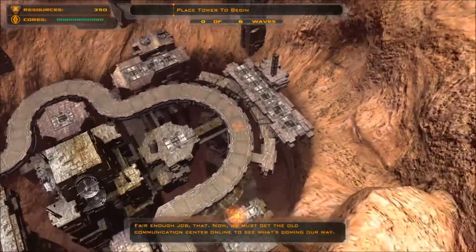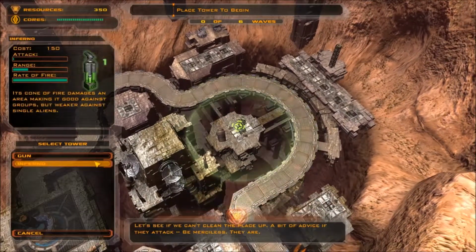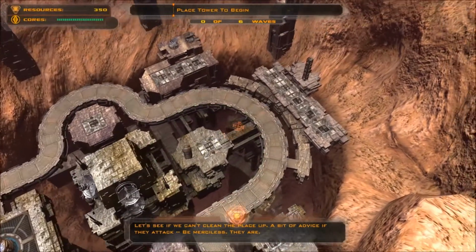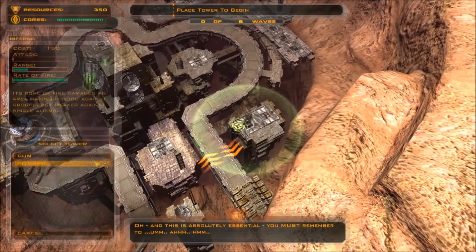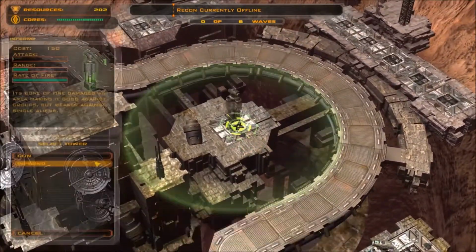Fair enough job, that. Now we must get the old communication center online to see what's coming our way. If you notice, I've got this new tower, the Inferno Tower. Now if I place it here, it wouldn't be able to hit anything because of its lack of range, but if I place it here, or here, which is where I'm absolutely going to place it, it can pick off aliens as they come through, and I'm going to place a gun tower here, as it will get this entire corner,